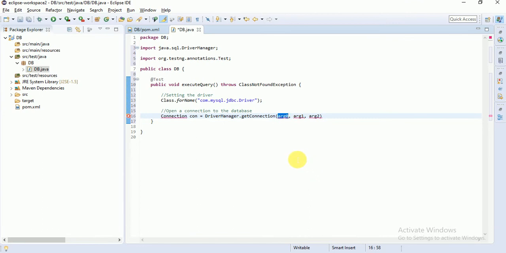How we can pass it is, see here, the first argument: jdbc:mysql: then localhost, your port number, MySQL always runs on 3306, then slash and our database name.